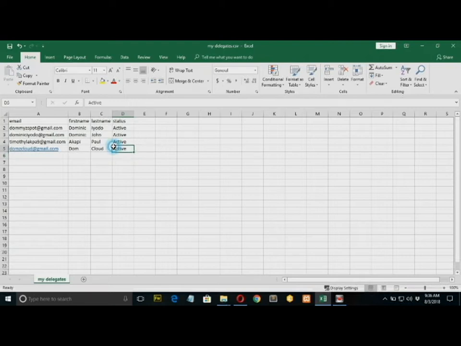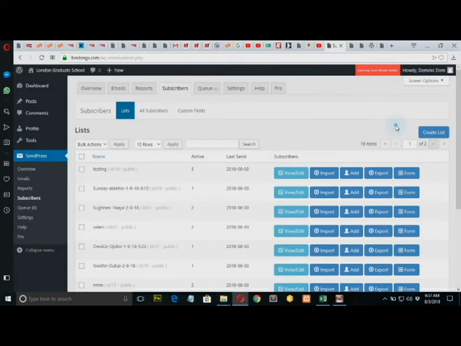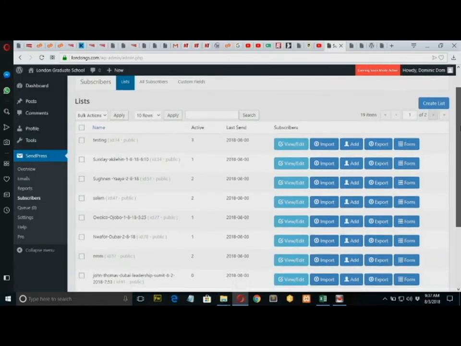Okay, now we've done this, my delegates.csv has been populated with about 4 delegates. Please make sure you don't delete the title, email, first name, last name, and for the status, ensure that you maintain order in this manner, active, A being capital. You've done what you need to do. You can now go off this place by minimizing if you like, and we proceed back to our WordPress dashboard